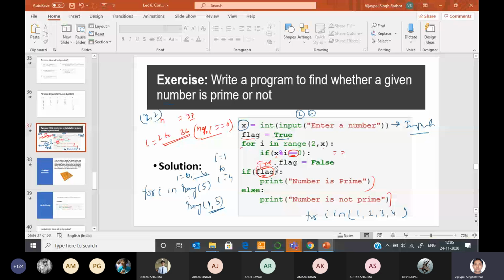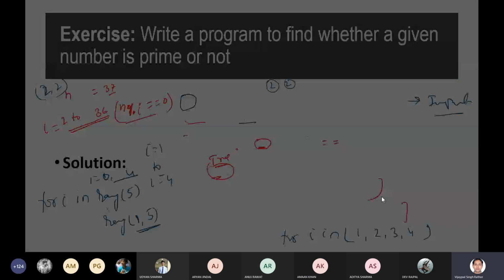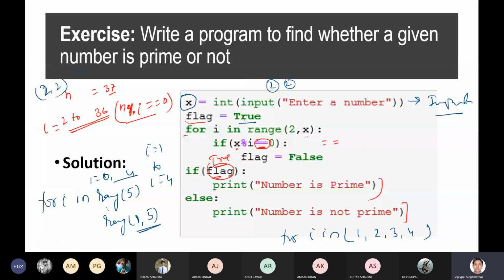Instead of using flag variable, you can use break statement. Here same thing you can do with the break. यहाँ पे आप क्या कर सकते हो, ब्रेक यूज कर लो, और आई को मॉनिटर करके रख लो, ओके, and then monitor the I. Then, when this break will be executed, then this loop will be terminated ना। यस सर। जब ब्रेक एग्जीक्यूट हो जाएगा तो ये लूप रन नहीं होगा, x-1 तक जाएगा ही नहीं।